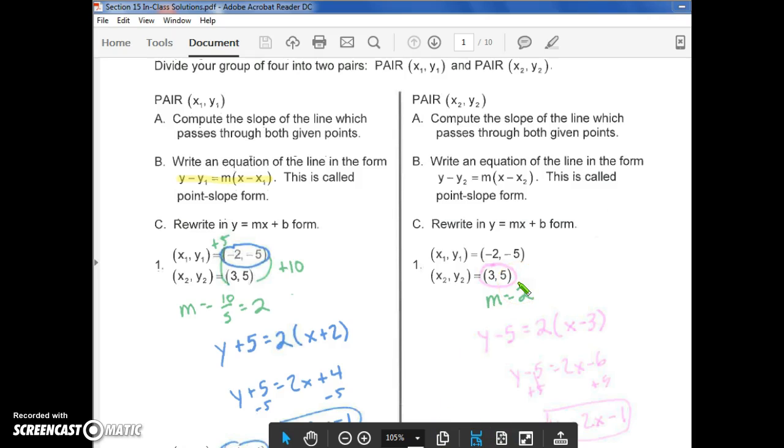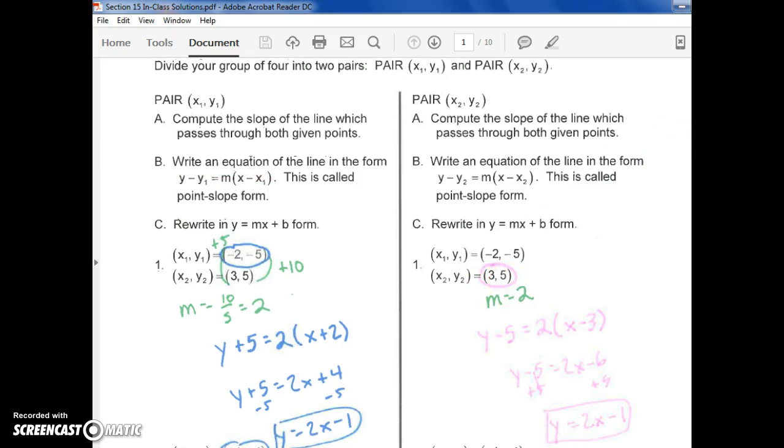On the other side of the grouping, we chose the other point. Notice the equation looks very similar. We still have x's and y's that we're dealing with. We have a y minus y2 equals m times x minus x2. And it's still point-slope form. But now we're going to pick a different point. We're going to pick the point 3, 5. So when I pick the point 3, 5,